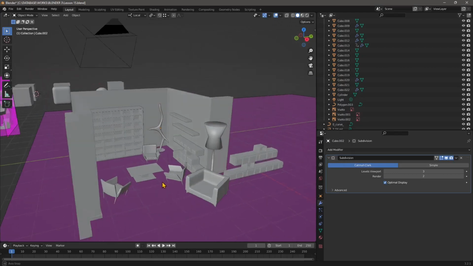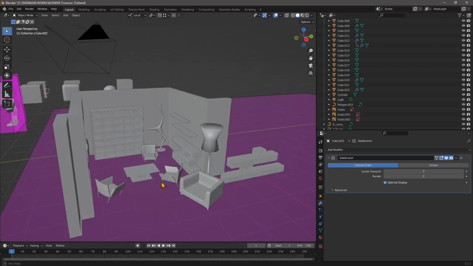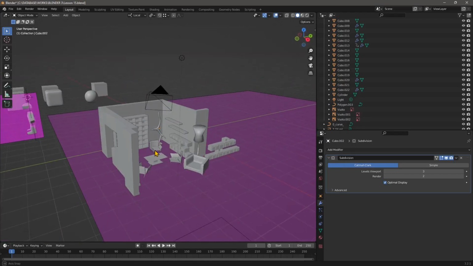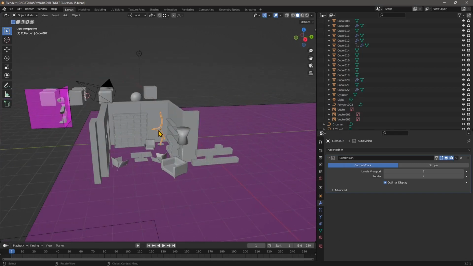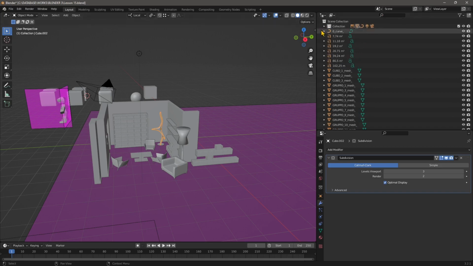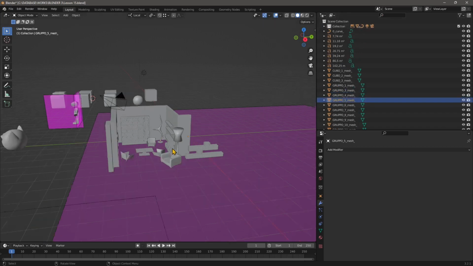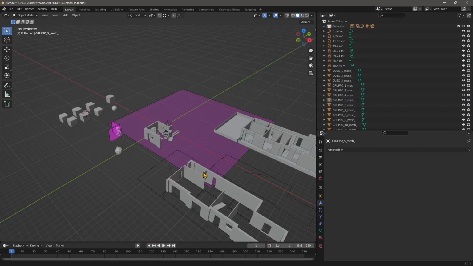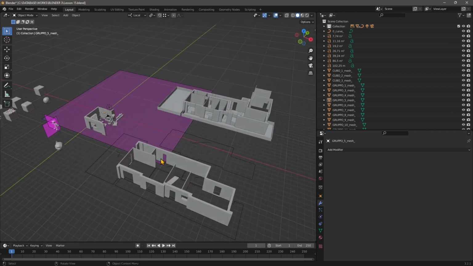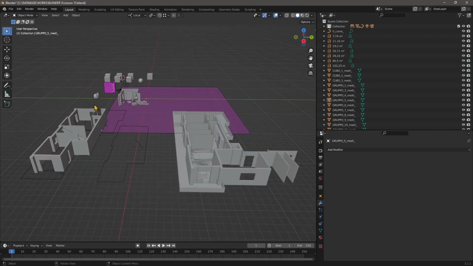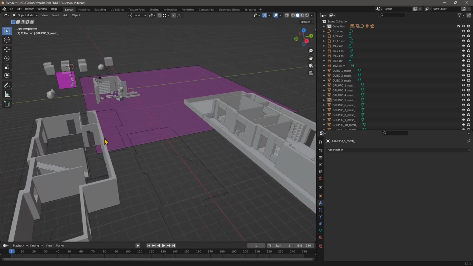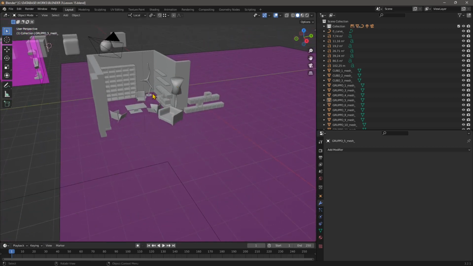In this quick guide, we're going to see how we can find an object that we have in our scene, and just by selecting it, find it in the outliner. So we know that when we have a really complex scene like this, it's really difficult to keep everything organized and to manage everything. But sometimes you need to work on an object and you want to see it